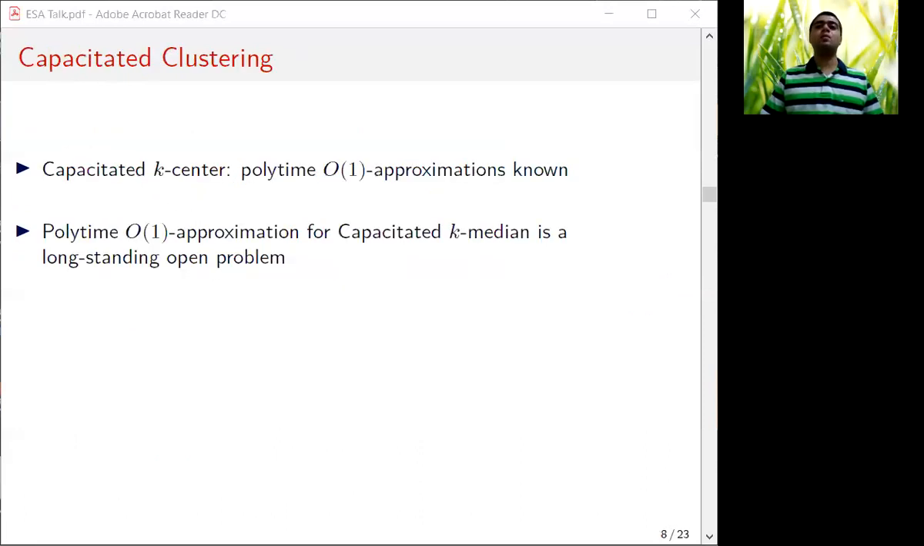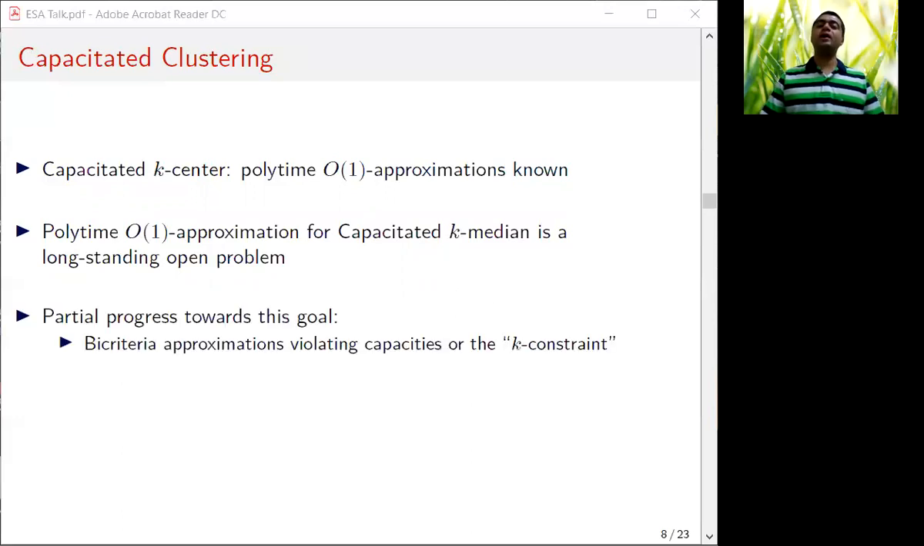So of course, we looked at the capacitated k-center and k-median literature for inspiration. And now there are already constant approximations known for capacitated k-center. So that is pretty much set. On the other hand, getting a constant approximation for capacitated k-median in polynomial time is a long-standing open problem. And so faced with this difficulty for k-median, researchers have made partial progress using one of two directions. The first one is bi-criteria approximations. So here you allow some small violations in the capacity constraint or the k constraint, and then you can get